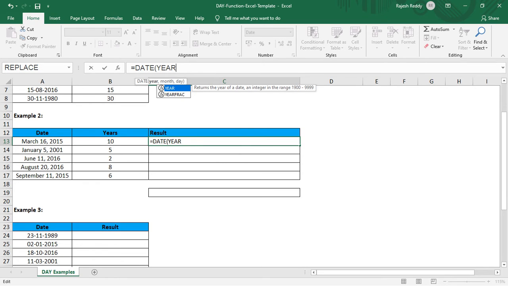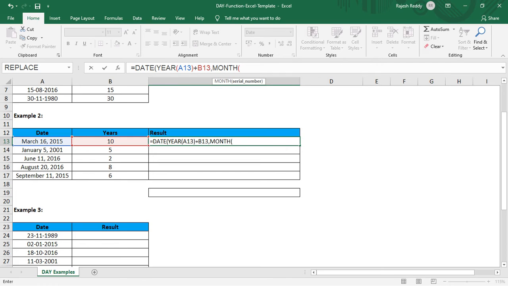So the year is present in this date, right? In this cell we have the month, day and year value, so that's why I'm selecting this cell. And finally I will add 10 years to this date. Once we add 10 years to this date, we will also calculate the month, so that's why I'm passing MONTH.